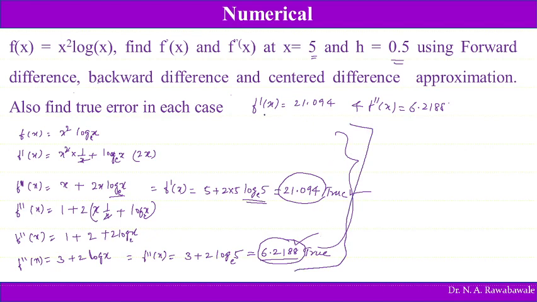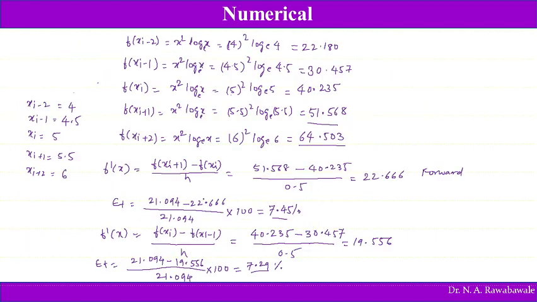Since the true values are not given, we differentiated and obtained the first derivative and second derivative in order to find the true error. To find the true error we must know the true value. The value obtained by numerical differentiation for the first derivative in this case is 22.66, here it was 19.56, and then we obtained an error of 7.45, in order to compare which difference formula, whether backward, forward or center,